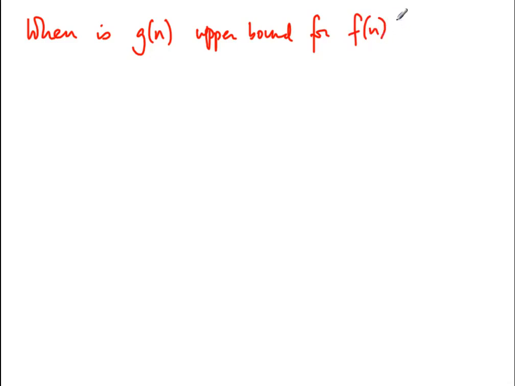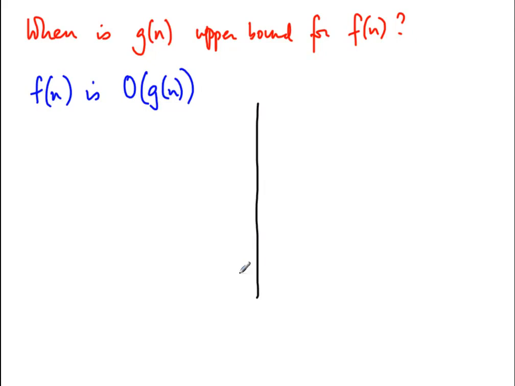So what we would like to demonstrate is when is g of n, say, an upper bound for f of n. Okay. Following conventional terminology, we will say that f of n is big O of g of n. So big O of g of n just means that g of n is an upper bound for f of n. Now in our asymptotic world, this really means that we can ignore some initial part, small values of n,